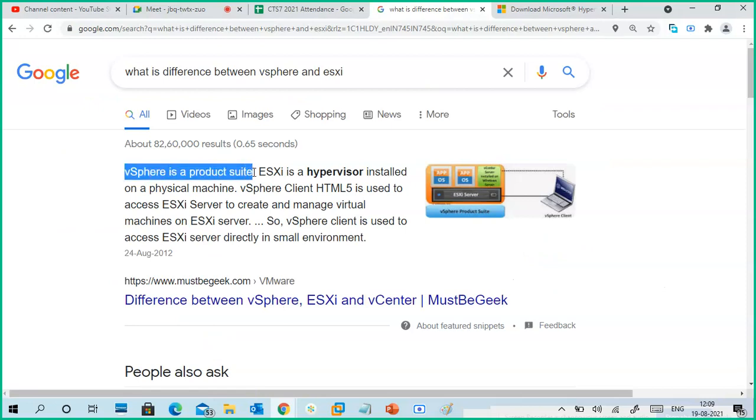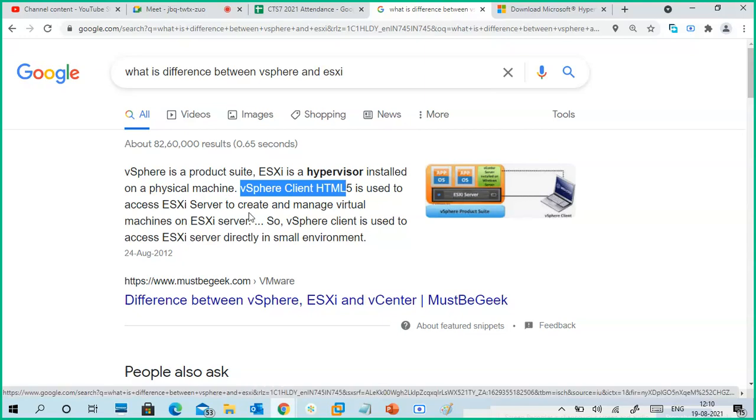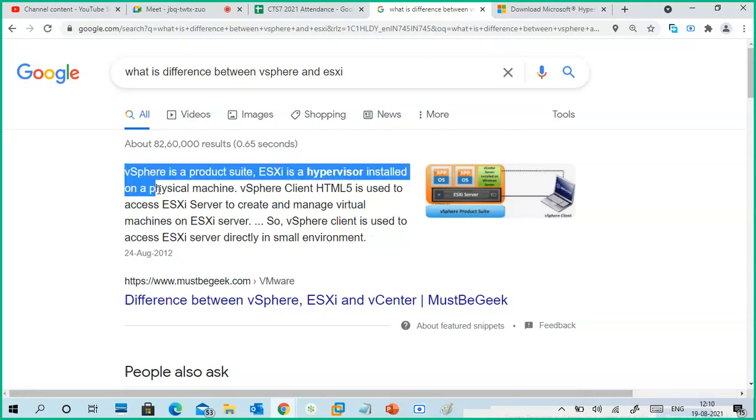vSphere is a product suite. ESXi is a hypervisor installed on a physical machine. So one is like a package and the other is the hypervisor, but both are almost the same. The vSphere client is a web client, which is what they currently use, to access the ESXi server. So very good question.